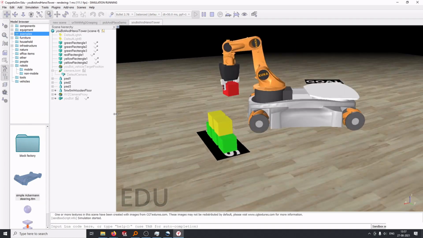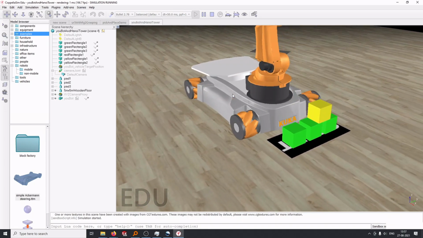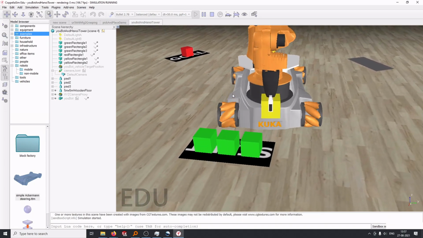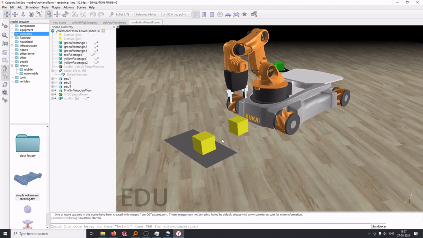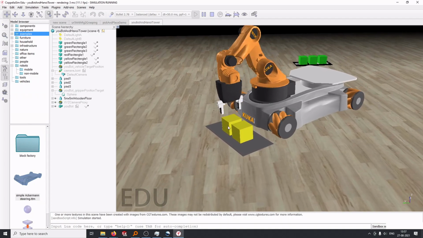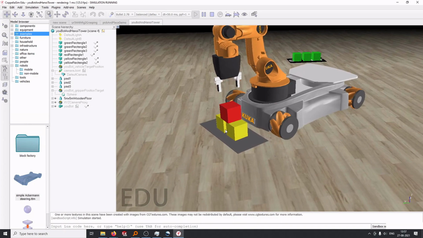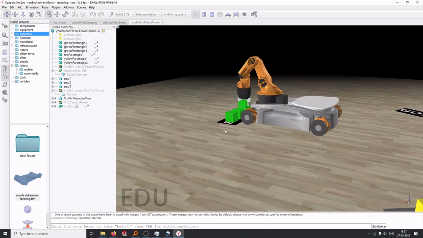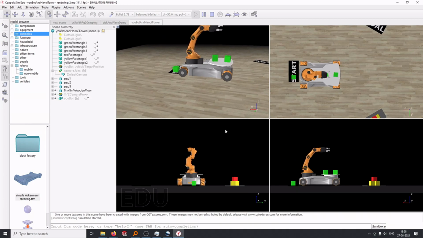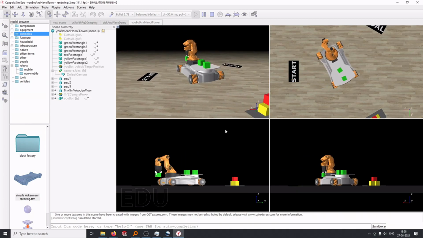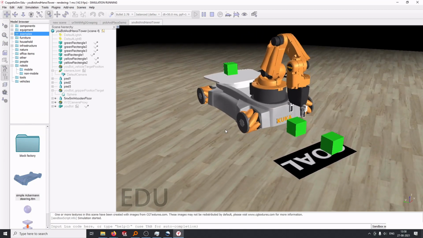Okay, so the robot goes there. It goes and places it at the goal. Okay, it picks this. What does it do with that? Okay, it goes and places it at the stacking point, I think. Okay, it dropped the block. Oh, this is cool. It is still able to do this. Okay, it is picking the green blocks now.